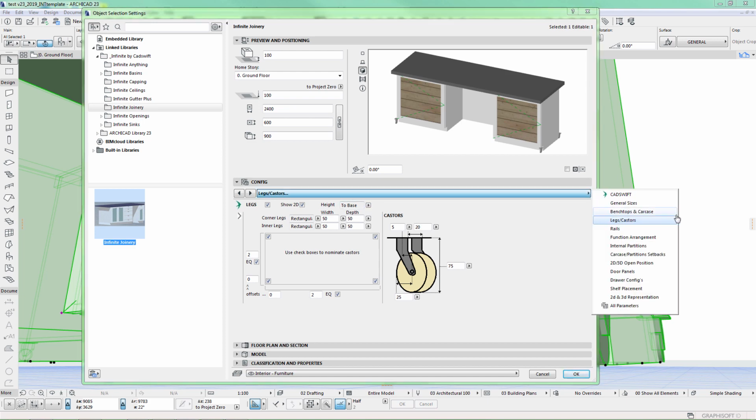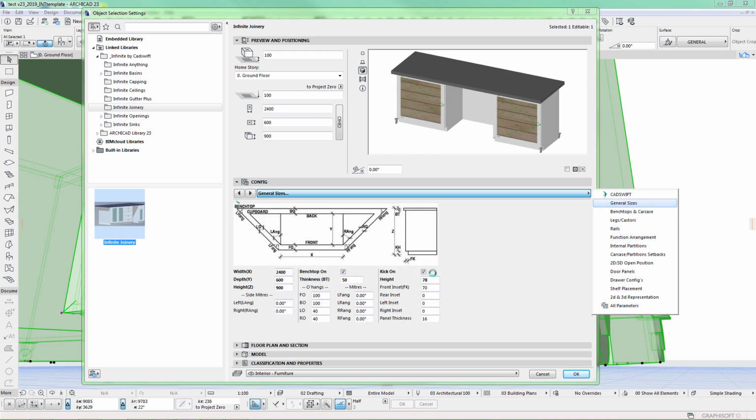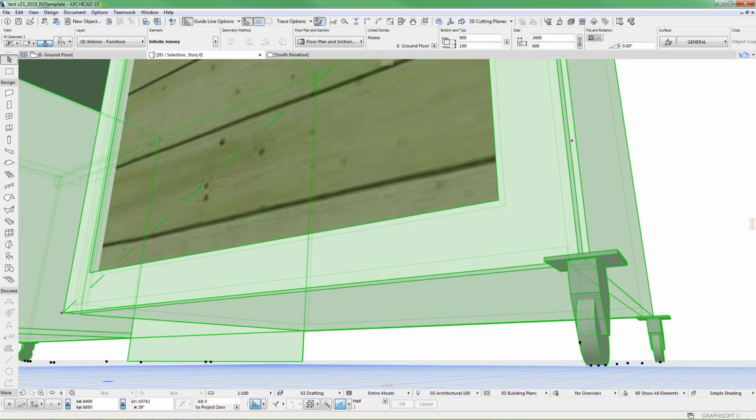Now I've actually set that in here, in the general sizes. So it's that height there, the height of the kick. So I can turn that kick off and that height still stays the same. Click OK. You can see everything stays the same, the kick just disappears. I'll have to fix up that arrangement. That's, once again, the recessor panel coming down at the back,